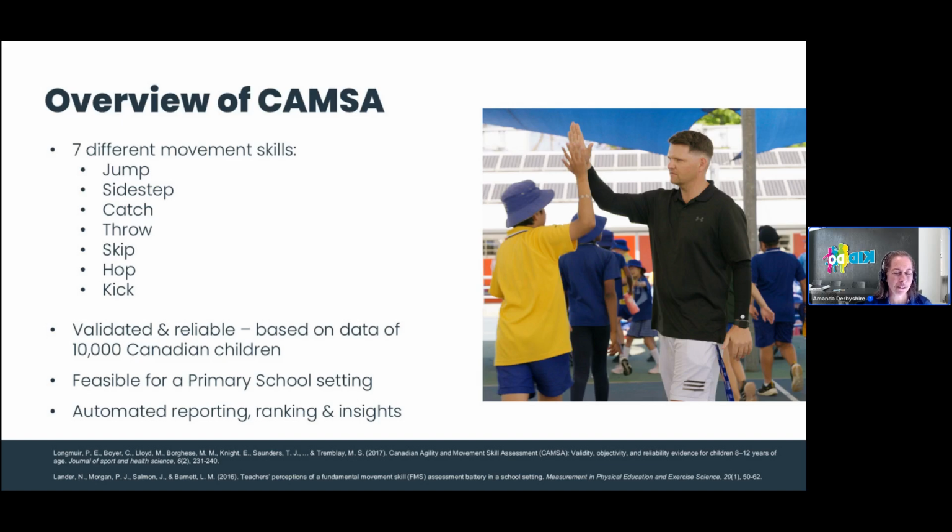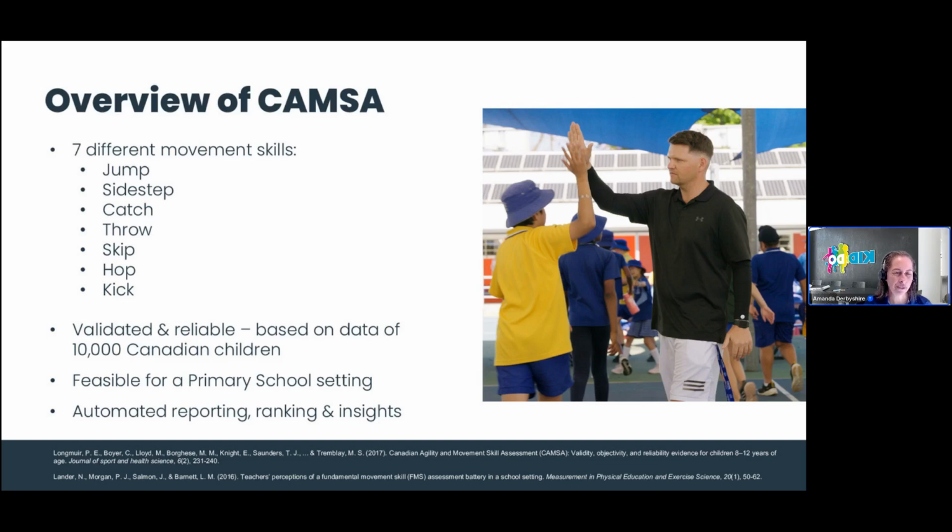Effectively, it's an obstacle course, and it's a really nice progression on from the FMS assessment that Alison's just shared with you, which looks at skills in isolation. So that looks at balance on its own, or bounce and catch on its own, or jump on its own. What the CAMSA does is it's an agility course that's designed to authentically replicate how children would move and use these skills in more of a sports setting, so the real world skills. So it looks at how skills transition between each other and how they link together in succession and how students manage to do that.